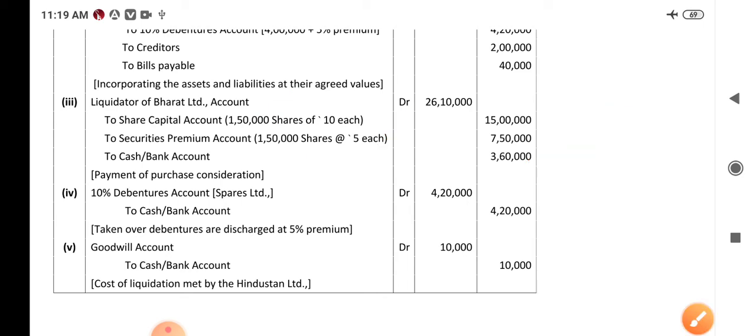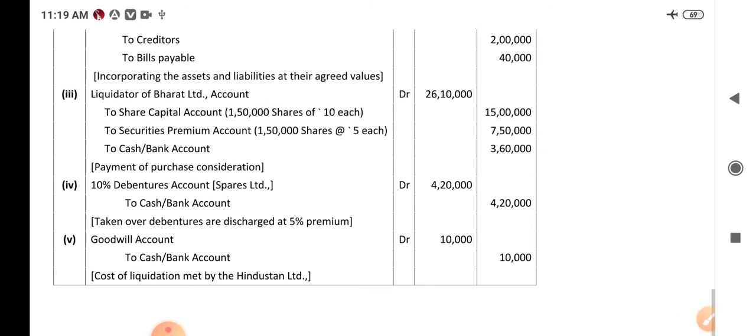Next entry, so we have to pass for the settlement made to debentures. Here it is clearly stated, for the debentures they paid in the form of cash and they are paid at a premium of